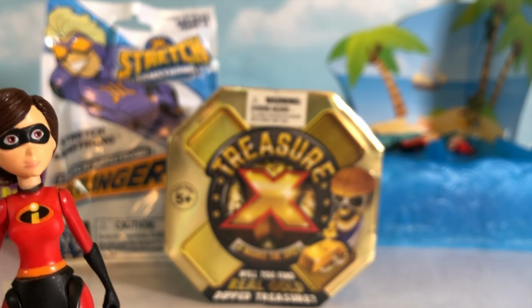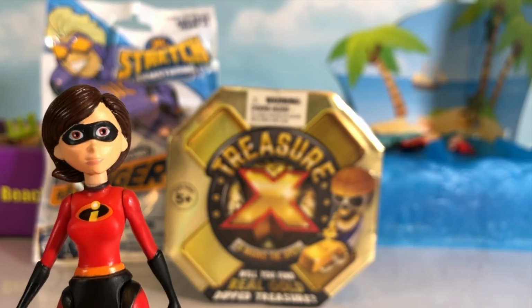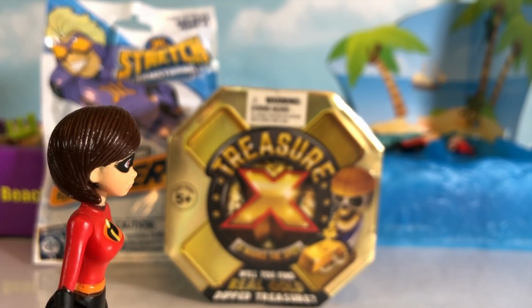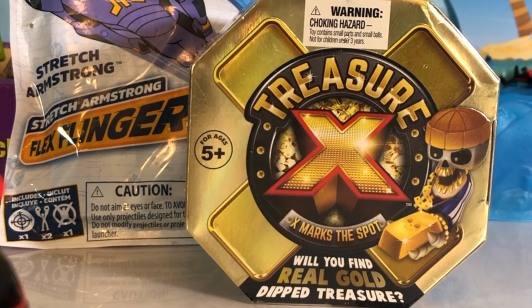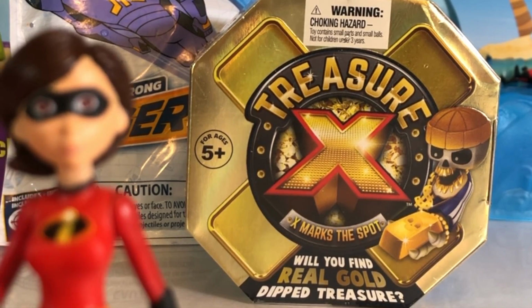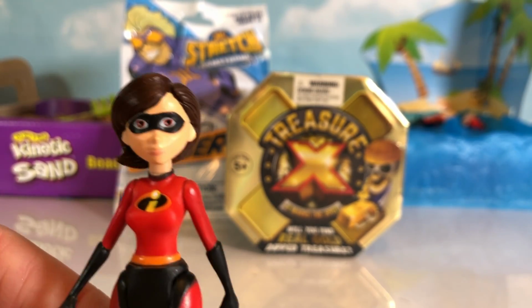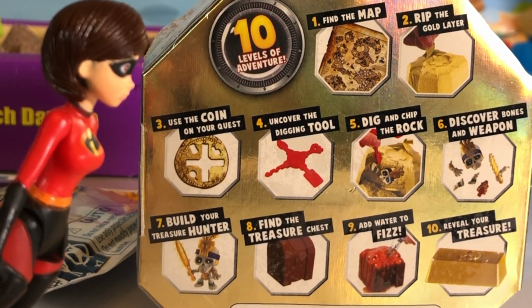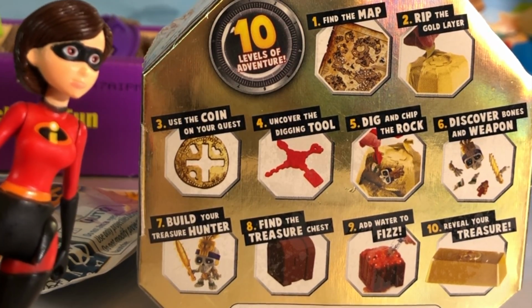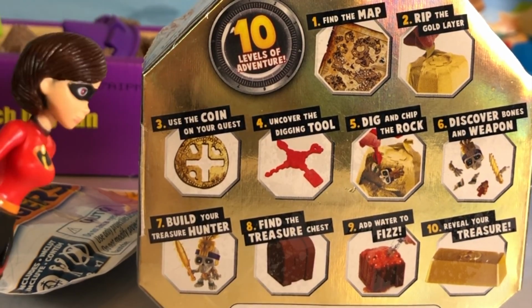Let's go to the beach and then find toy surprises, especially a Stretch Armstrong toy and a Treasure X. This is a new type of blind box, and there are so many different kinds of treasure inside. You can find even gold dip treasures, and it's by Moose Toys. There are 10 levels of adventure. First, we find the map, we rip a gold layer, we use the doubloon, that's the coin, to decode our